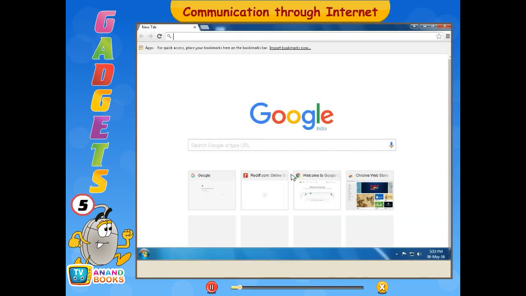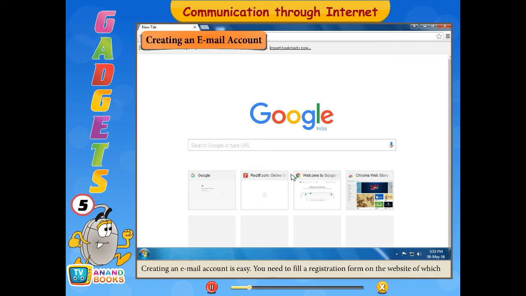Communication through Internet. Creating an email account. Creating an email account is easy. You need to fill a registration form on the website of which you want to use the email service. Let us learn how to create an email account by using the services of the website